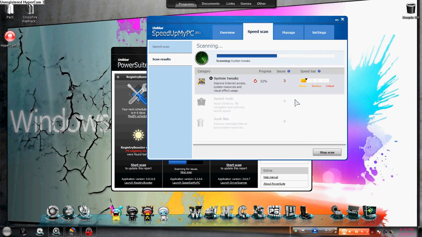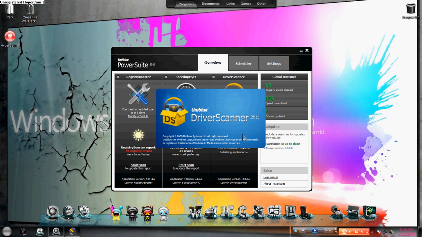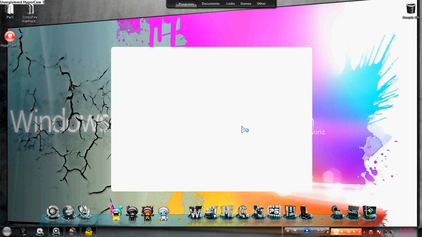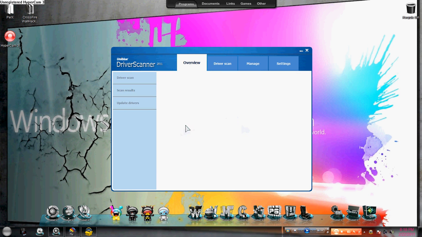Stop. And the next tool in PowerSuite 2011 is the Driver Scanner 2011. What this does is it scans your computer for outdated drivers, finds new installations for the drivers online, and automatically downloads and installs the outdated driver.